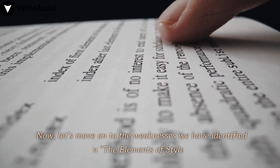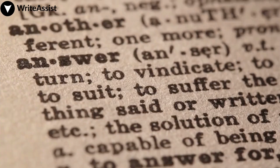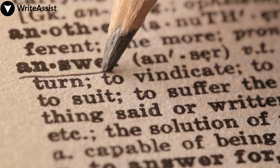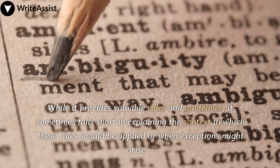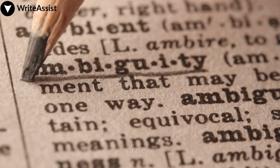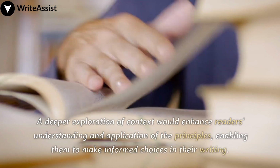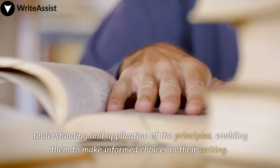Now, let's move on to the weaknesses we have identified in The Elements of Style. One criticism of the book is its lack of contextualization. While it provides valuable rules and guidelines, it sometimes falls short in explaining the context in which these rules should be applied or when exceptions might arise. A deeper exploration of context would enhance readers' understanding and application of the principles, enabling them to make informed choices